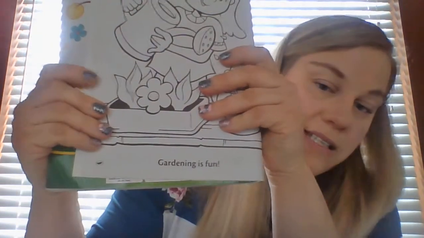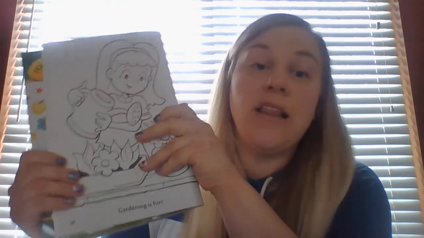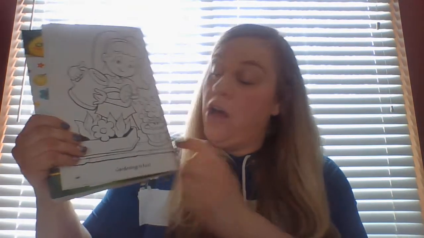This girl is gardening. And what I like about coloring books sometimes is they have little sentences down there that they can use and get some spelling from. So they can even start out with, gardening is fun. The little girl is gardening. She is growing flowers. So that is a really awesome thing that some color books have, is they have some text there to help